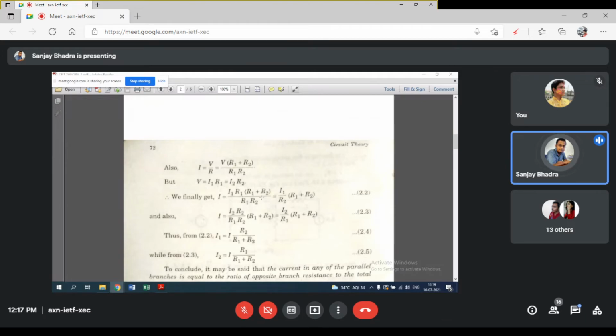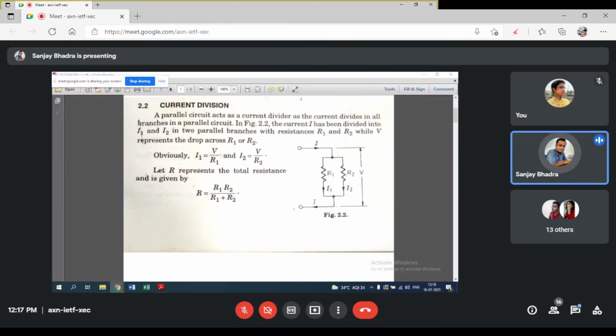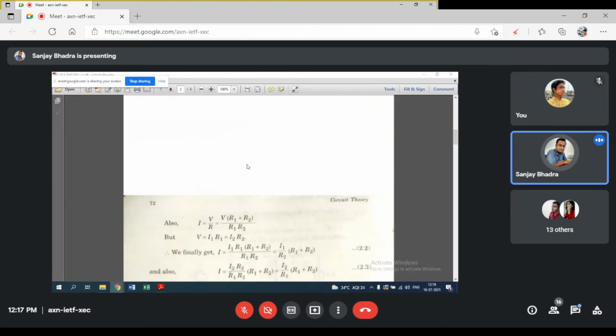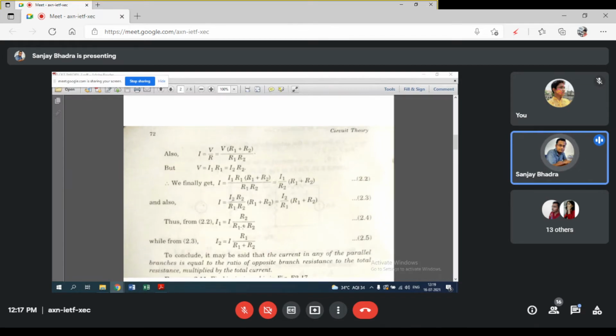Fine. Now also we know from this equation, V is equal to I1 R1 and also V is equal to I2 R2. You just substitute the respective values and you can easily get the value of the branch currents. Ultimately we don't need this proof for my examination. This would be for a first year class, maybe it's fine, but from second year this proof is not required. But the formula is very important.